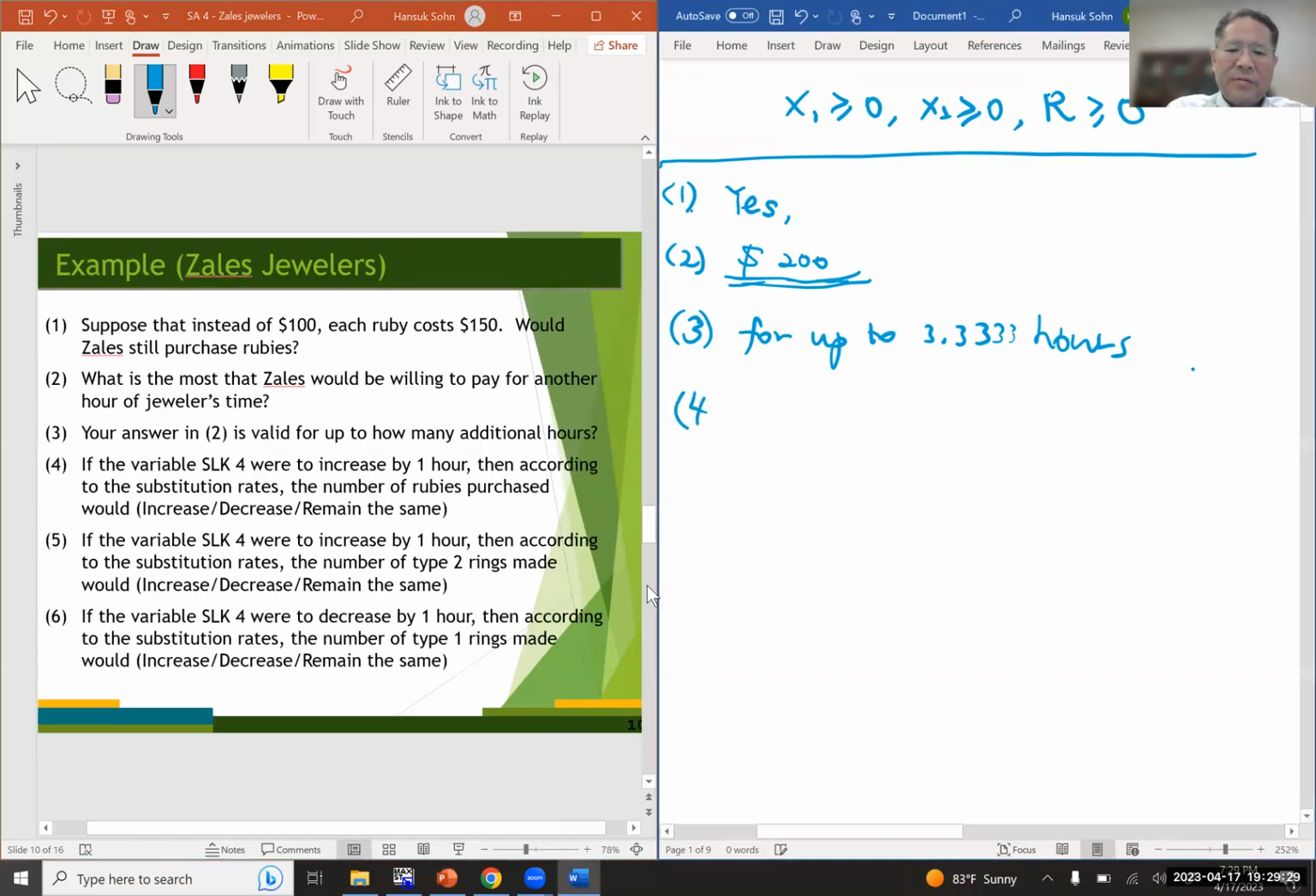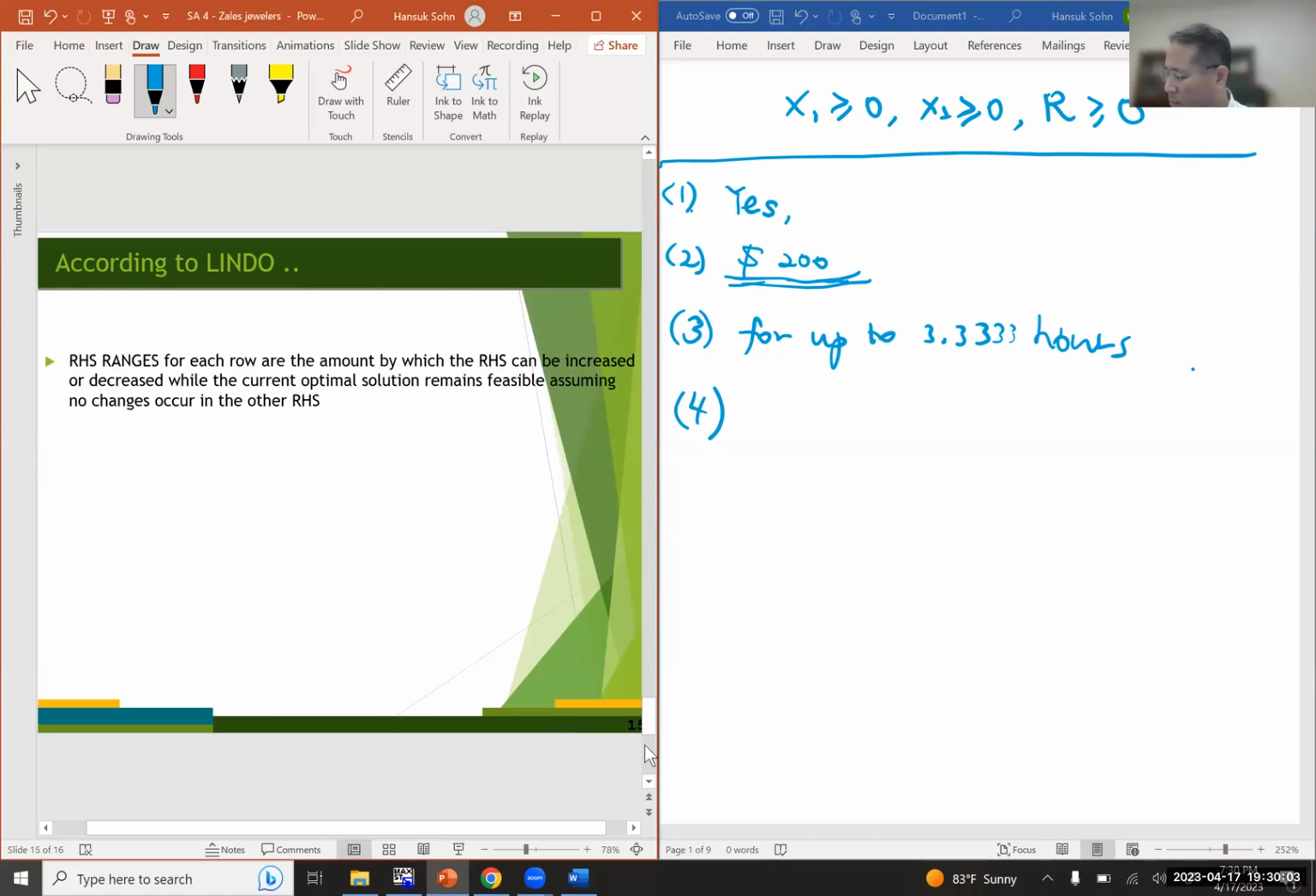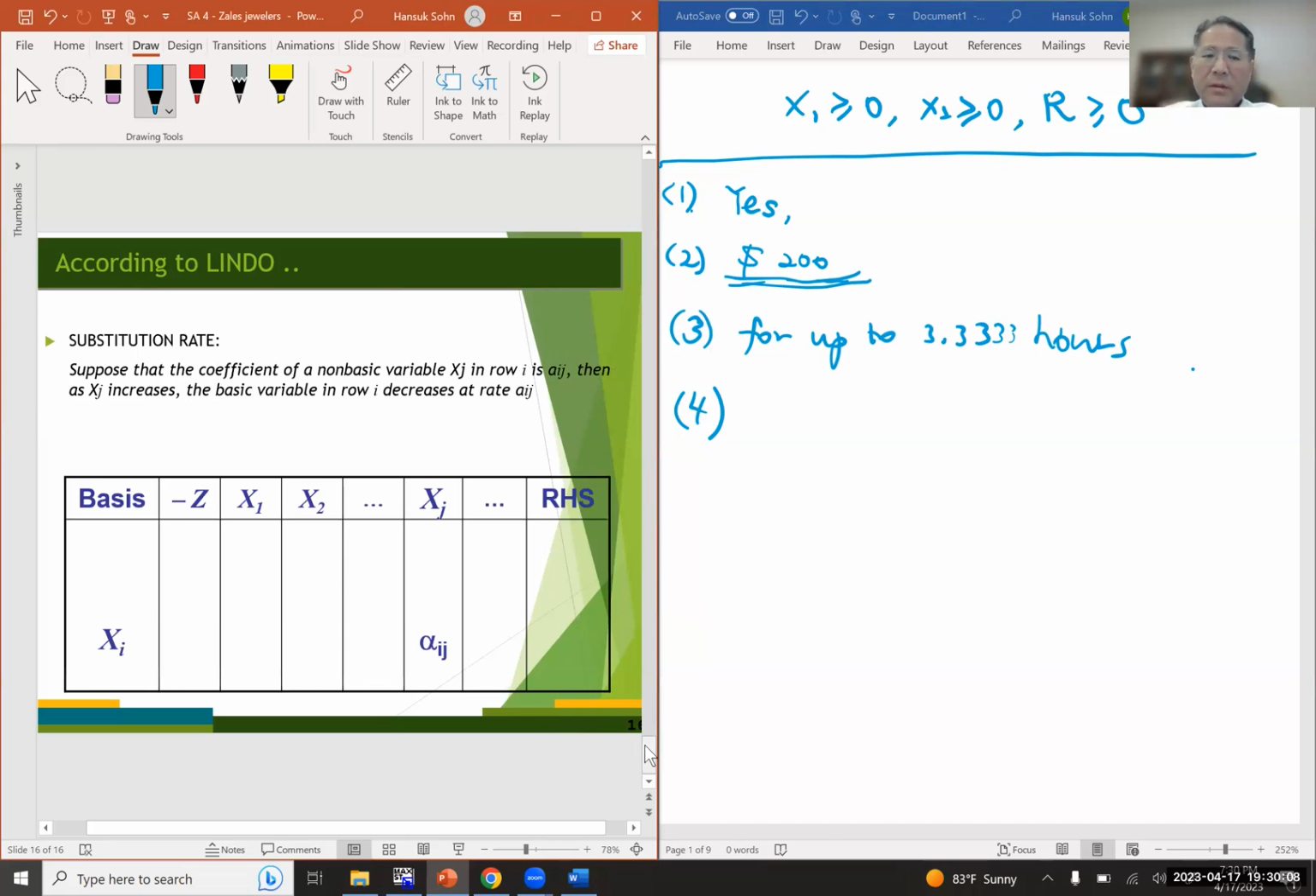Okay, now we can move to question number 4. Okay, so if the variable slack 4 were to increase by 1 hour, then according to the substitution rates, the number of rubies purchased would increase, decrease, or remain the same. Okay, so the